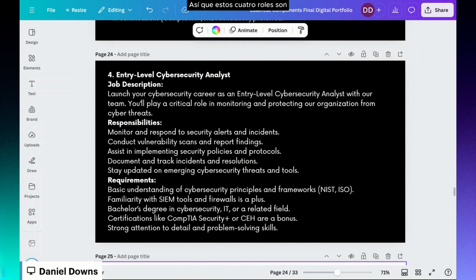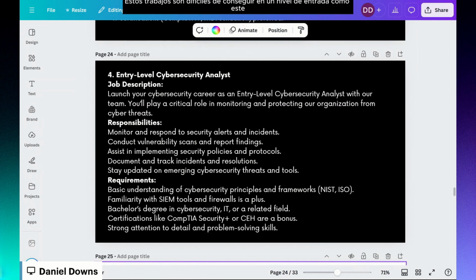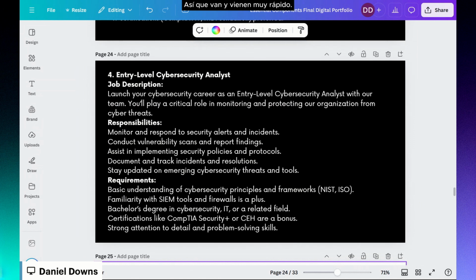So these 4 roles are, I would say, the entry-level cybersecurity, as much as it's probably the most interesting, these jobs are hard to come by at entry level like this. So they come and go very quickly, because as much as cybersecurity is a very in-demand field, there's not as many quick pathways to entry-level roles,